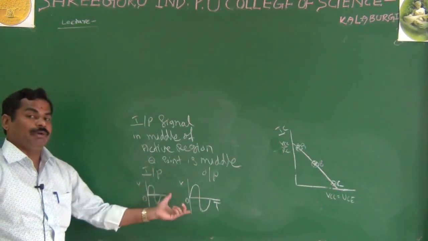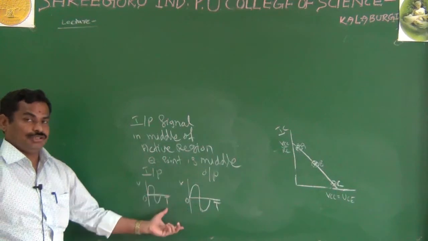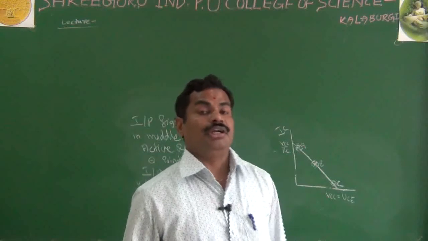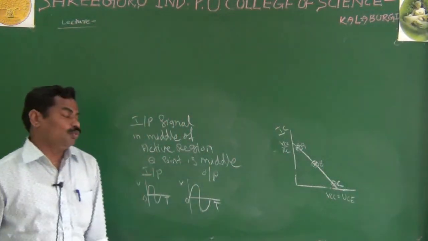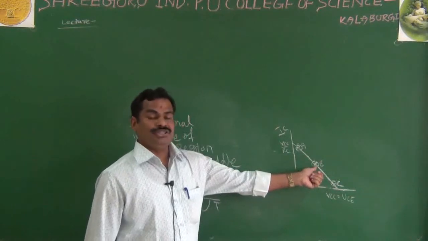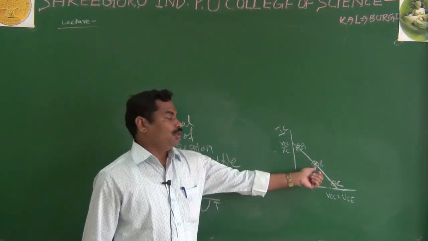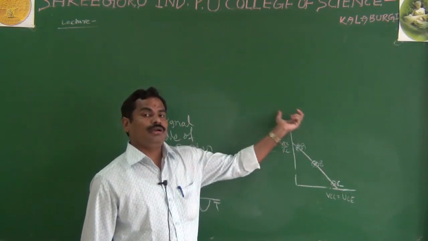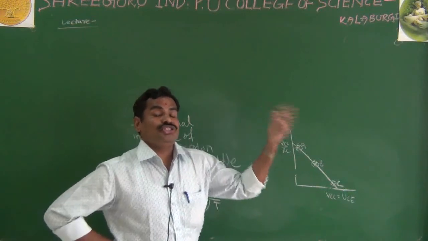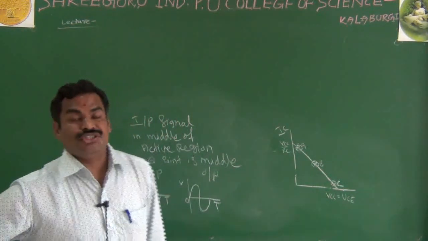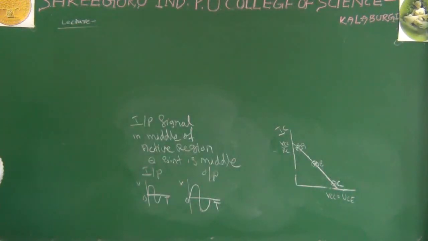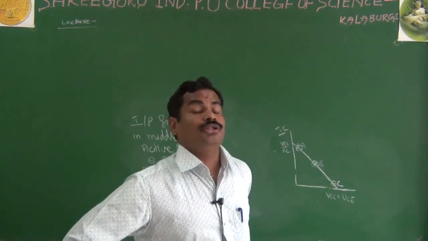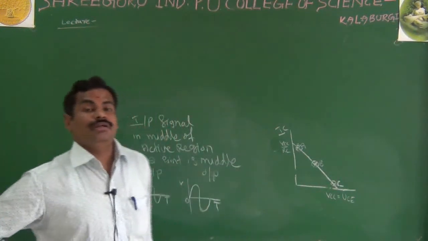And it is nothing but your amplifier. What is an amplifier? It amplifies the signal; it increases the amplitude of the signal. That happens only if your Q point is in the middle of the active region. This is also called the importance of the Q point, or how to select the Q point. Selecting the Q point is also important. Maybe a question for 2 marks: on which basis are you selecting the Q point on the DC load line?